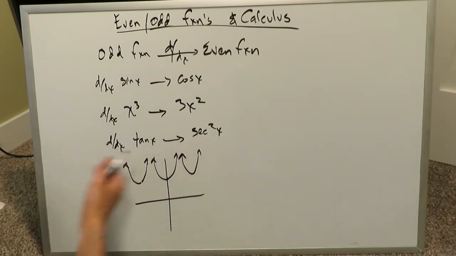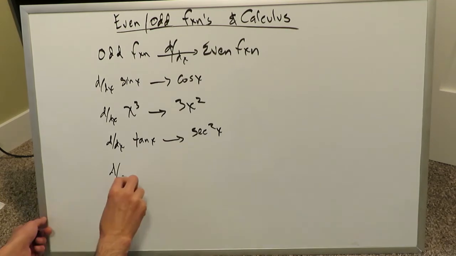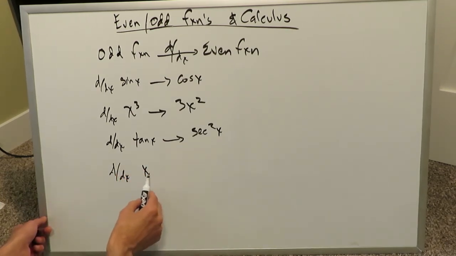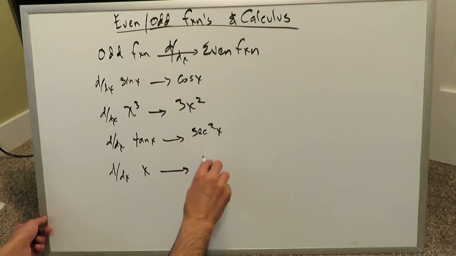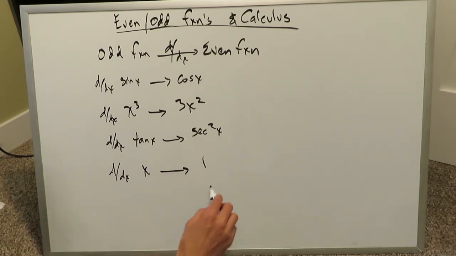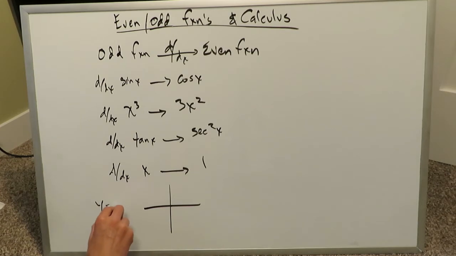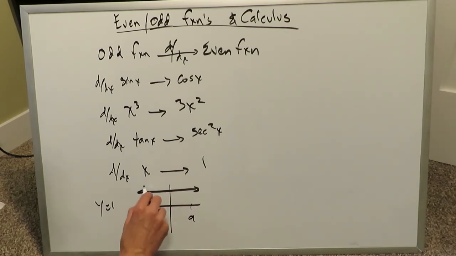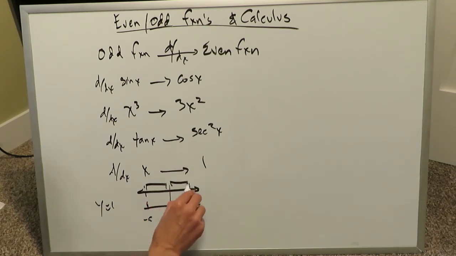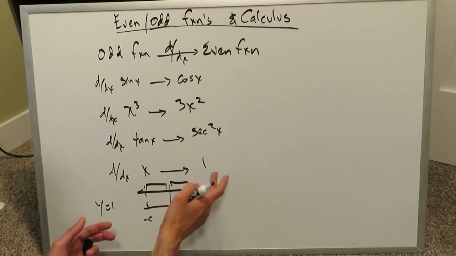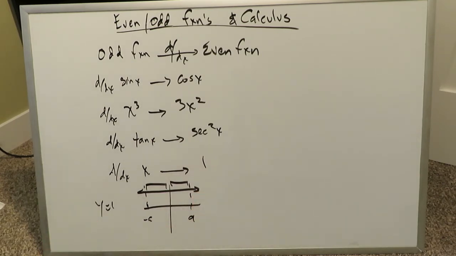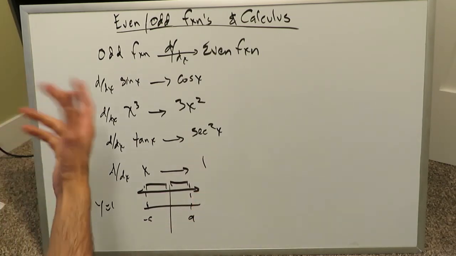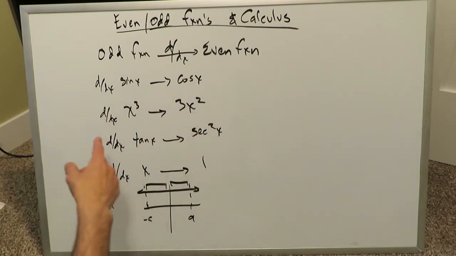Generally, but they'll all be even. Y-axis symmetry. Derivative of x, a linear line having origin axis symmetry, you will get 1. 1 right here is indeed an even function, because if you graph it, you're looking at y equals 1. Y equals 1 from any domain. If you do a domain like from minus a to a, and you limit this one line, y equals 1 line, you'll always have this part right here equal to this part right here, having y-axis symmetry, and indeed it is an even function. So keep in mind, generally speaking, even function derivatives are odd results, and odd function derivatives